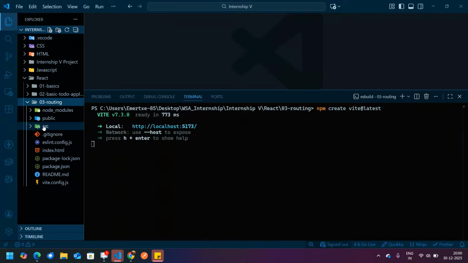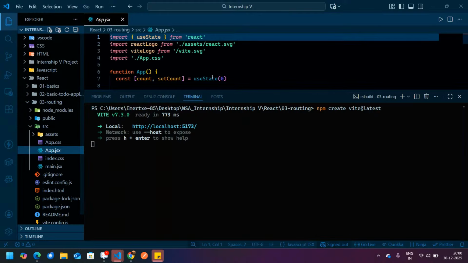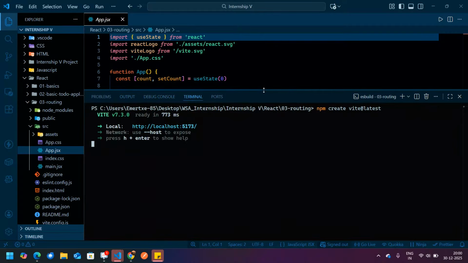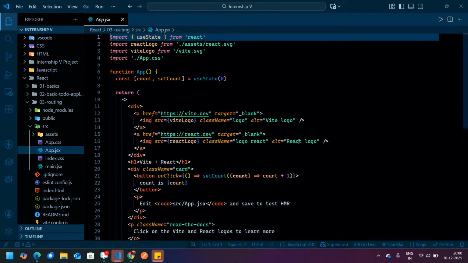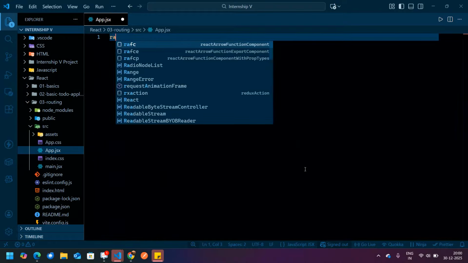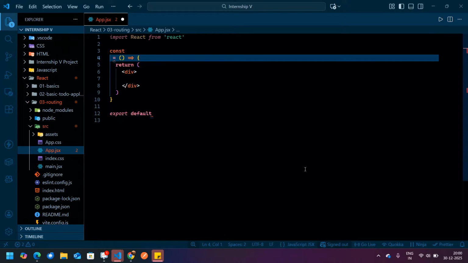Now in src, app.jsx, I'll minimize this one. RAFCE, fine.